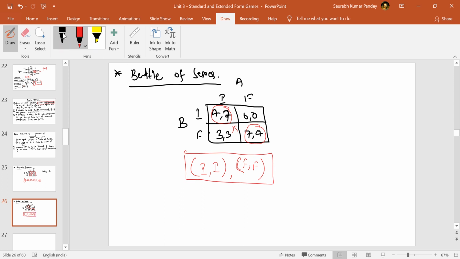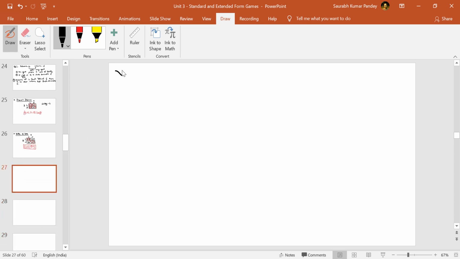Okay, so similarly, let's talk about the game of chicken. If you remember, in the last class we discussed at length the problem of the game of chicken, in which two maladjusted adult boys were trying to drive their cars towards each other, okay, and trying to crash. So if they both do not swerve, then in that case they will crash, but they will get more points, okay. But if they swerve, then accordingly we had the points, okay. So what were those points? Let's have that